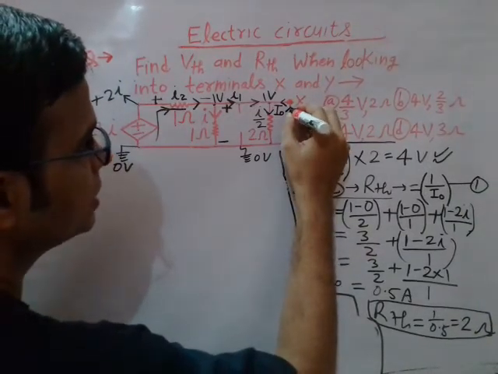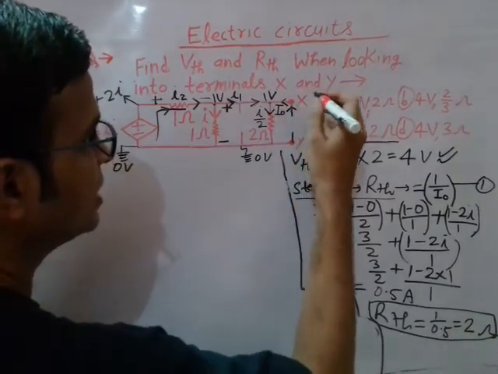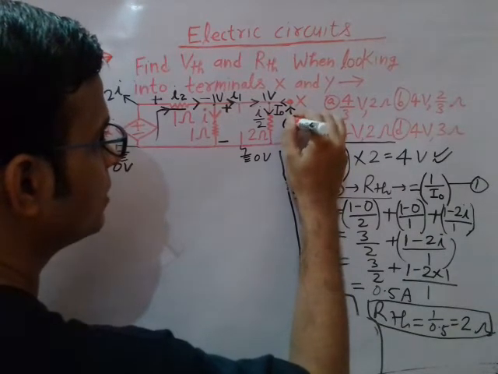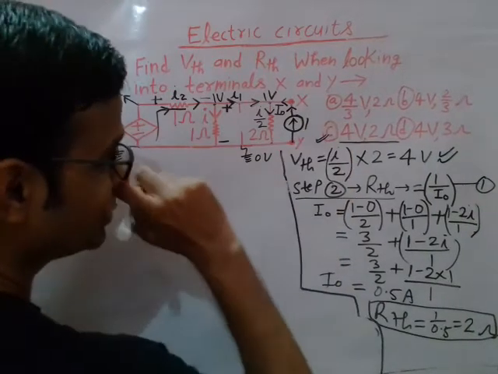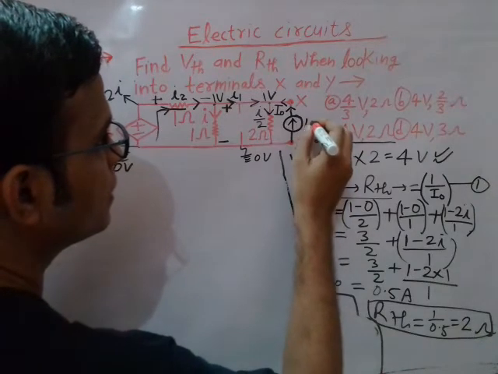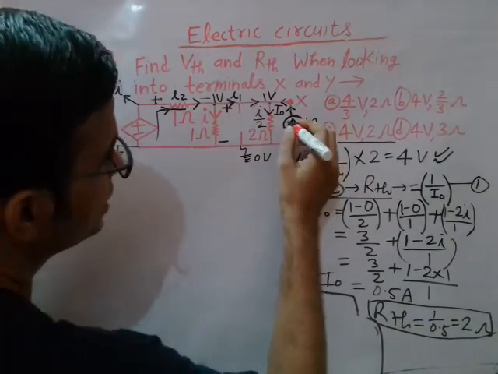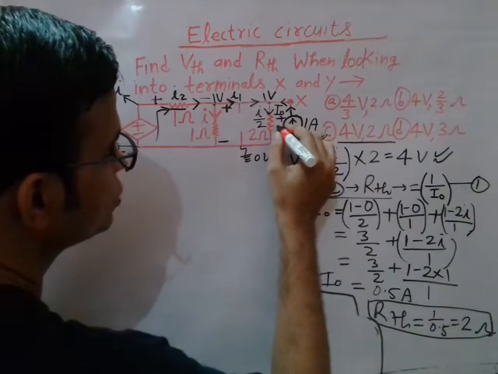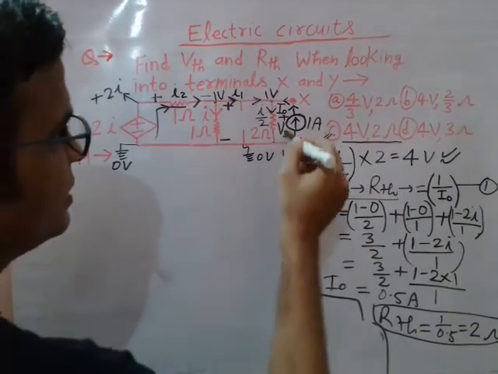So here, see, I am connecting a test current source of 1 ampere, right, with this polarity. This is 1 ampere current source, right? Test current source of 1 ampere I am choosing, and here suppose the voltage drop across this test current source is V0, right, with this polarity plus minus.